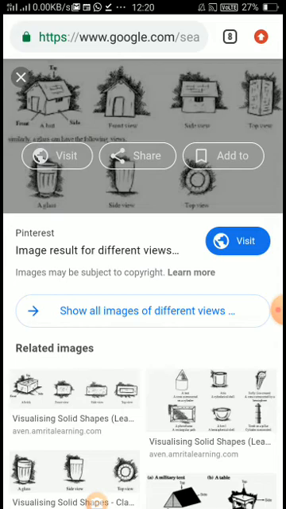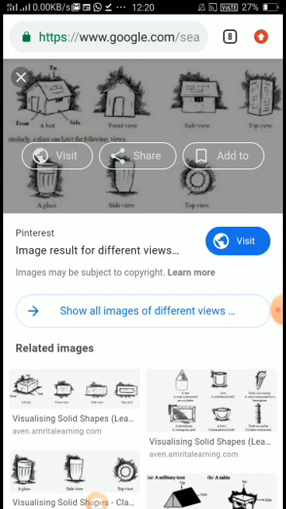You will write the chapter name, Where to Look From, and then here you will draw any 5 objects of your choice with all the 3 views. Like suppose if you are going to draw a pencil, then you will show in your notebook how it looks when you see this pencil from the top portion, what type of look it gives from the side portion, and what type of view there is from the front portion.